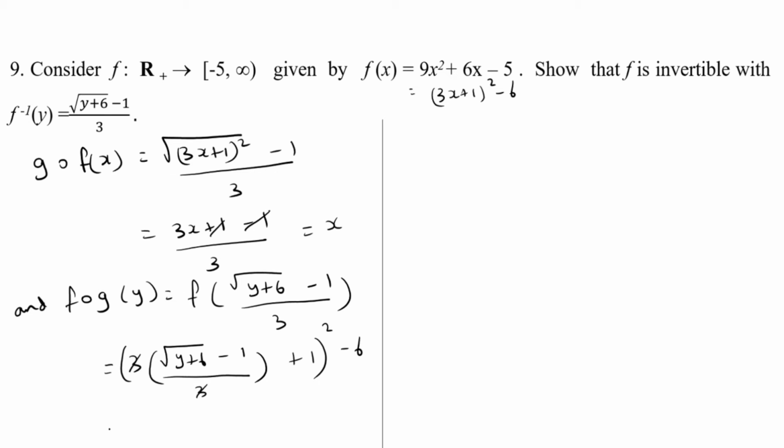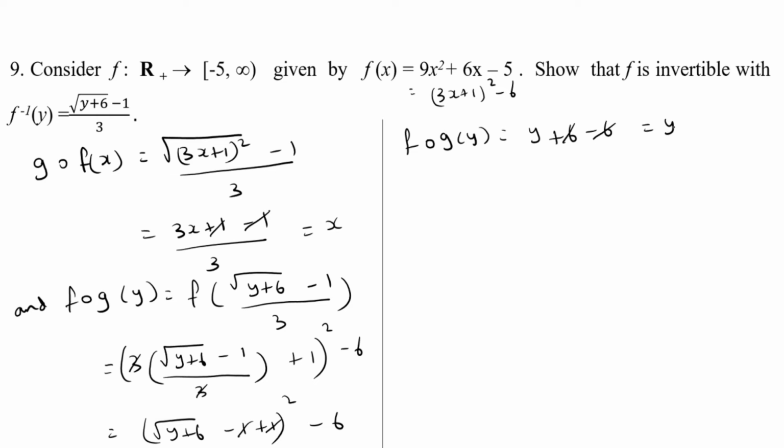So this is equal to (√(y+6) − 1 + 1)² − 6. So f(g(y)) is equal to (√(y+6))², which will be y + 6 − 6. So this is equal to y. So we got g∘f is equal to I_X and f∘g is equal to I_Y. Therefore, f is invertible